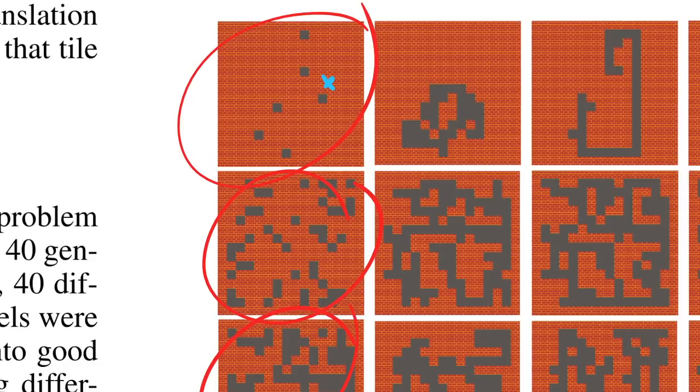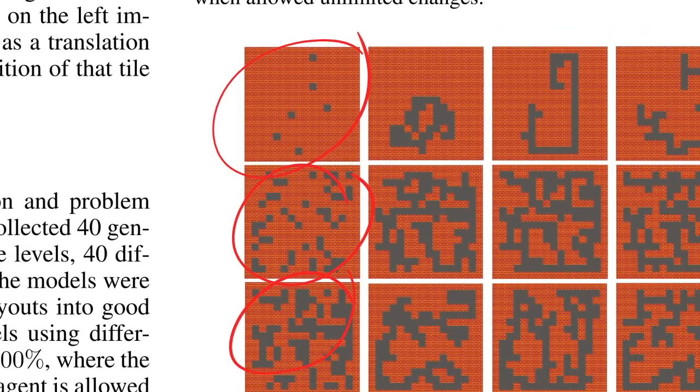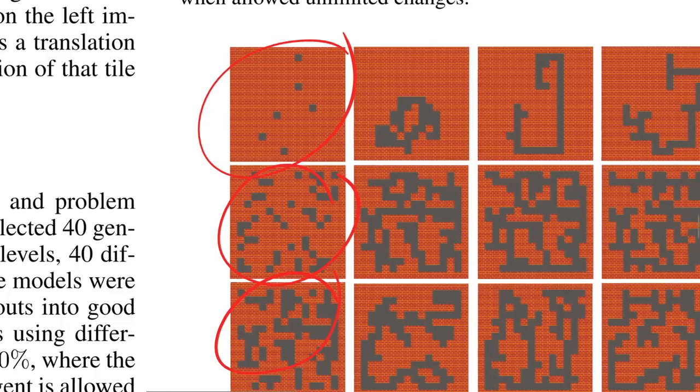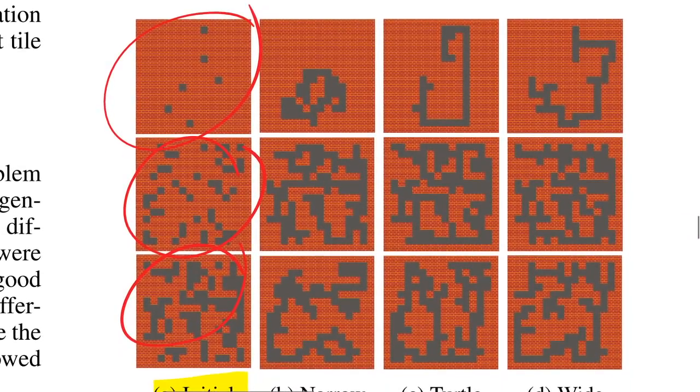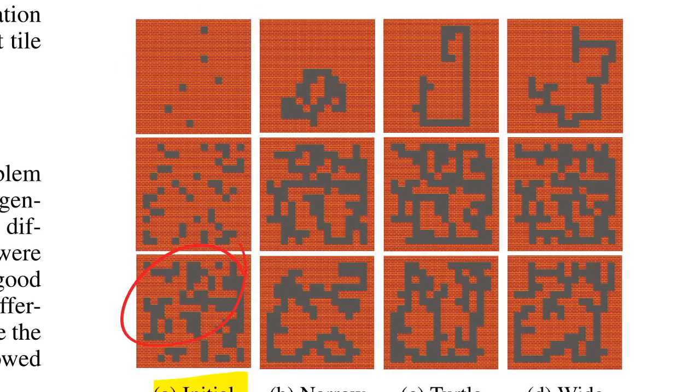So this constrains the agent and kind of teaches it that in order to get a high reward, it must sort of adjust the starting state to something that gets higher reward. And that's one way of making the levels that you generate more diverse. It's sort of a unique problem to this particular kind of reinforcement learning problem, because most of the time, you just want to find the highest reward, whatever. But here you also want to maximize diversity of the levels you generate, and therefore you could say that's a pretty good constraint to put into that. So that's a thing I like here about this paper,